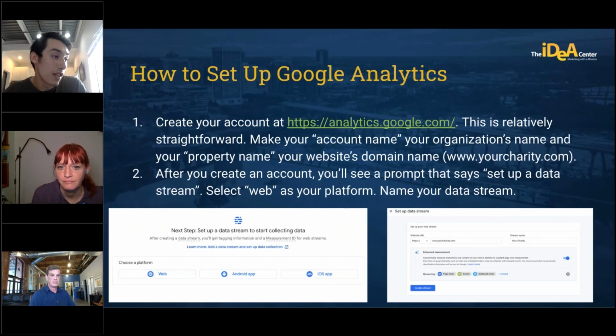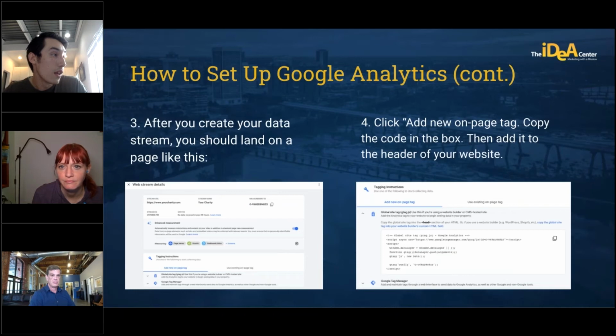So once you set up your data stream, you can just click create stream, and you should land on a page like the one on the bottom left. It gives you your measurement ID, stuff you don't necessarily need to know about. What you do want to look for is that little header that says tagging instructions. This is the code that you'll need to implement onto your website to actually be able to track stuff in